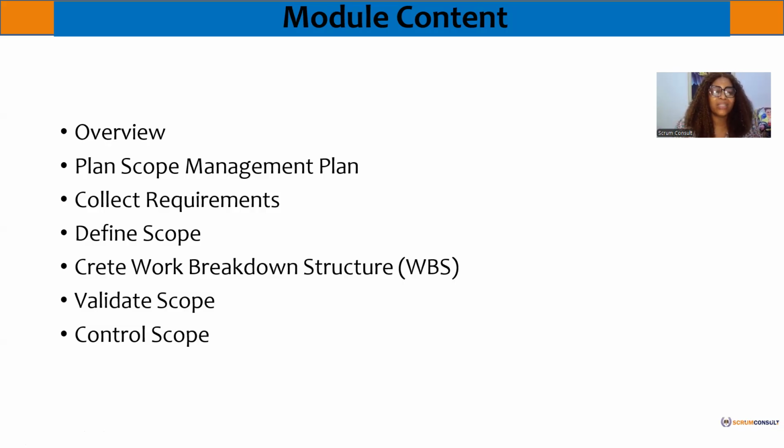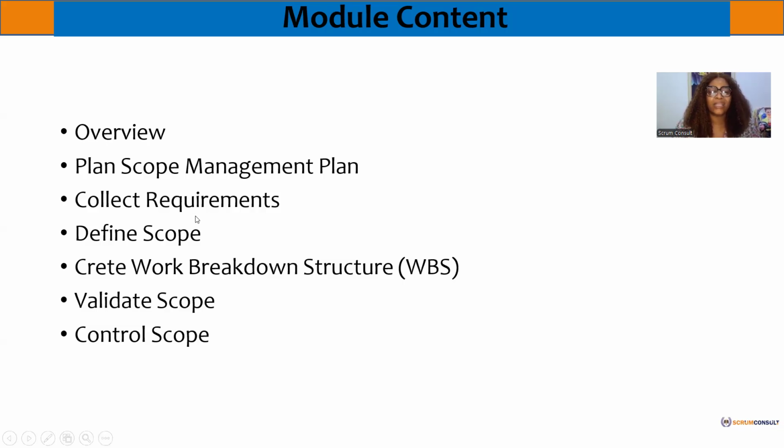So when we come up with this plan, it means that if we're going to take any decision in the project, or if we're in doubt or we need any clarification, we would have prepared a document that will guide us on the tools, the methods, the techniques, everything that we are going to use in the project. How we're going to take the decision is done in the scope management plan.